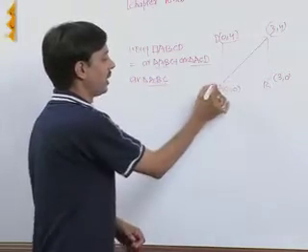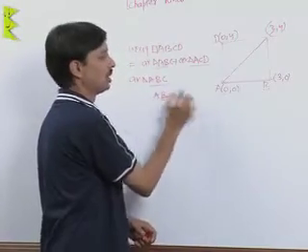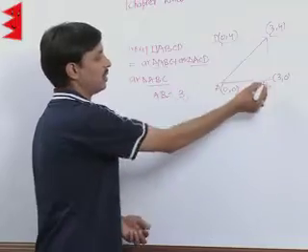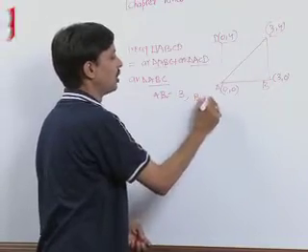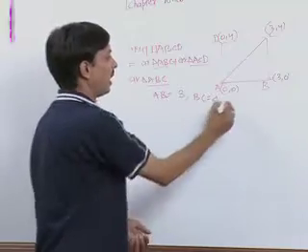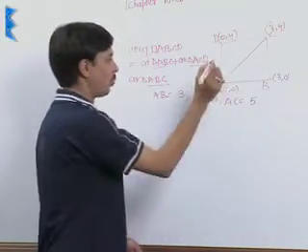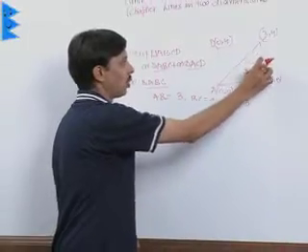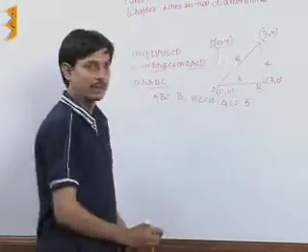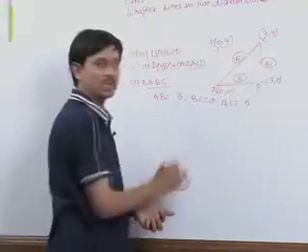we can calculate it by finding the length of AB. By using the distance formula, we will find it is 3 units. Then we will find the length BC. Using the distance formula, we find it is 4. And length AC, again using the distance formula, we find it is 5. So one length is 3, other is 4, and this length is 5. So using the distance formula, we have obtained the lengths of the sides.